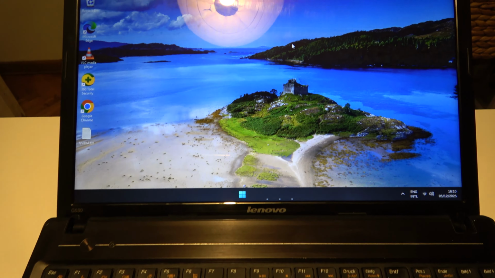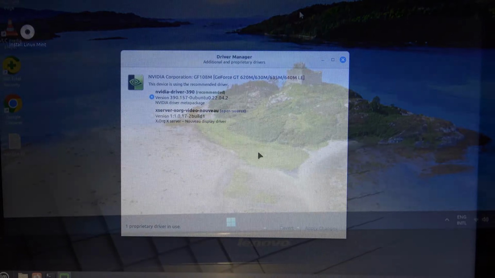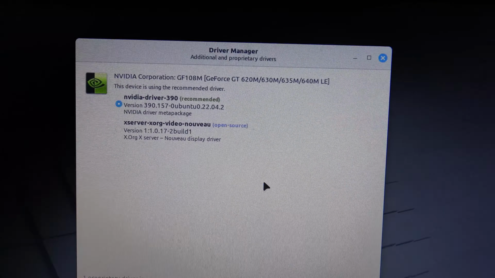On the other side, we have Linux. Here is a demonstration of Linux Mint version